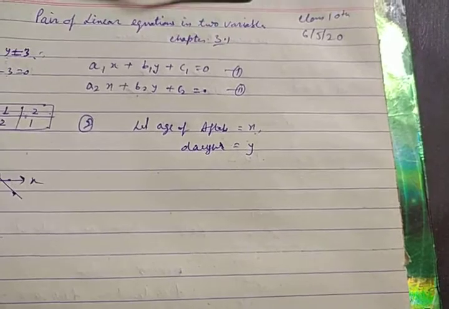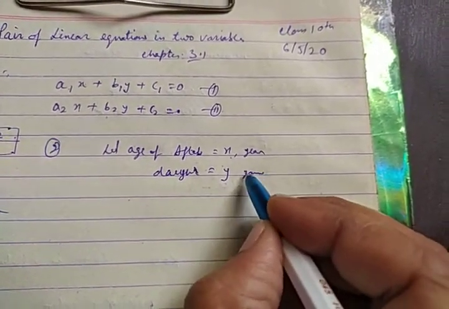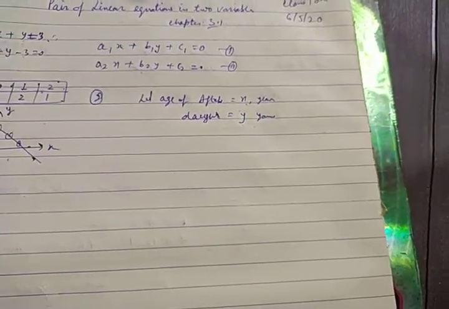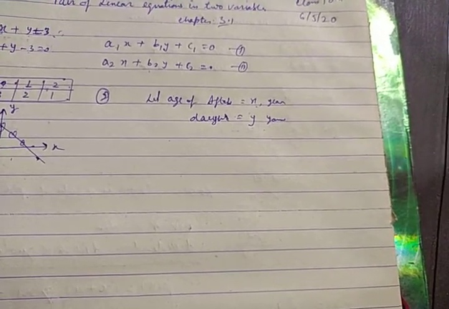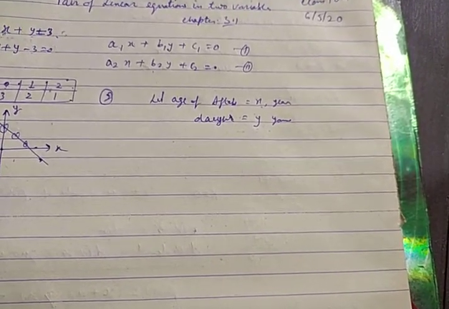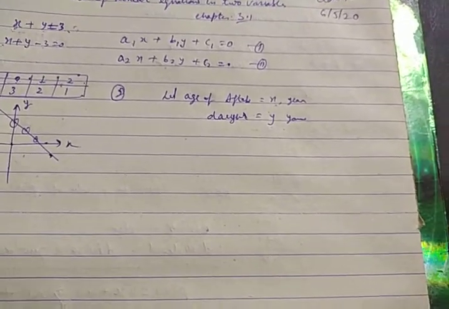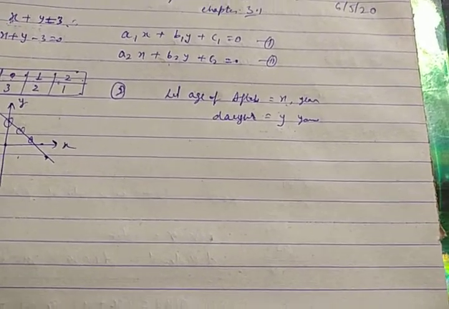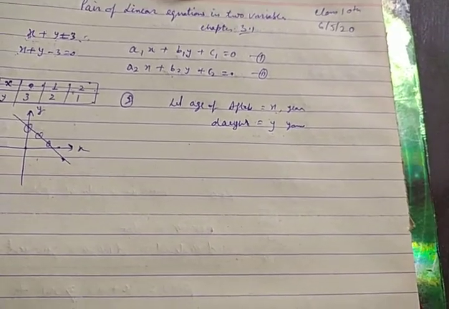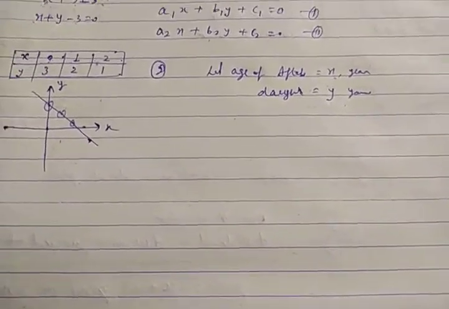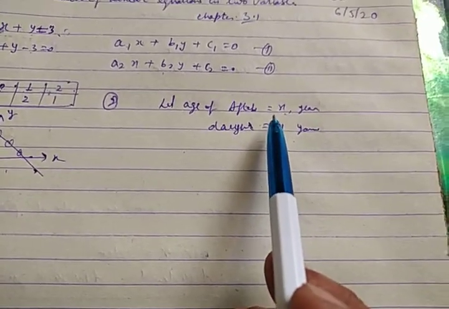Here the question is regarding ages, so age will be considered. You can write years, because age would be in certain years. If the question is regarding the number of students, then x and y would be numbers. If it is related to the speed of two objects, then x and y would be speeds. If the question is regarding the cost of a table and a chair, then x and y would be the costs. Whatever the situation, you will accordingly consider x and y as your variables.